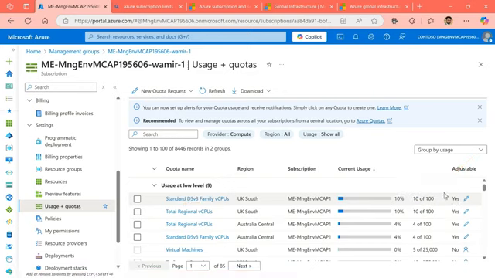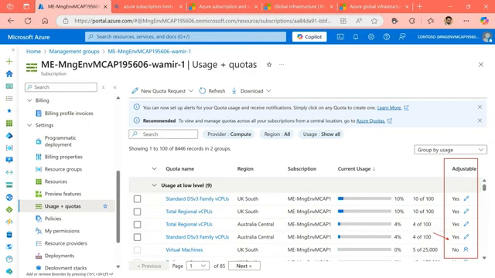Now, the interesting part over here is to look at the adjustment section. Certain features that I have, I can adjust. I can request for these limits to be extended. However, there are certain limits that are hard sets. That means I can't change them. However, there's an option for me to request a change, and I can create a support ticket for the backend engineers to look into,